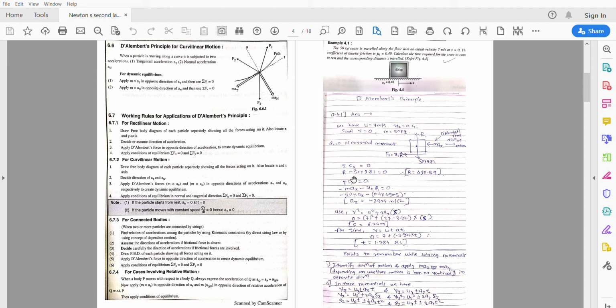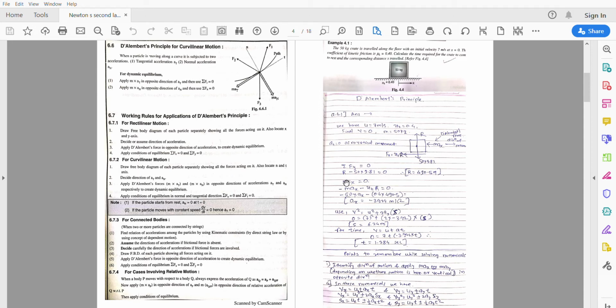of rectilinear motion only. D'Alembert's force is the force which causes the dynamic equilibrium of a body which is in motion. Imagine a body is moving and you want to analyze the body while it is in motion. Then you need to apply the D'Alembert's force in the opposite direction of the motion so that the body is in dynamic equilibrium, and then you can use equations of equilibrium for the analysis.